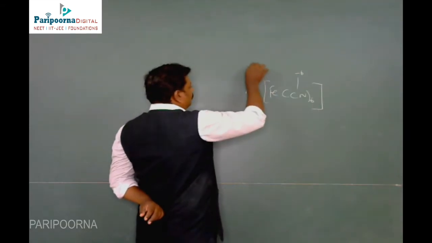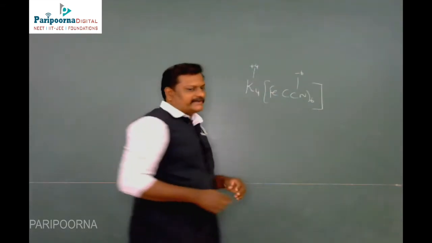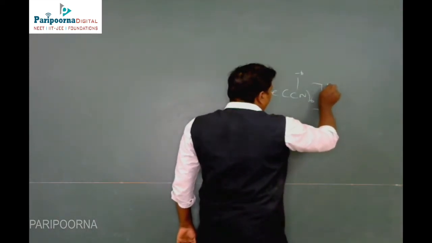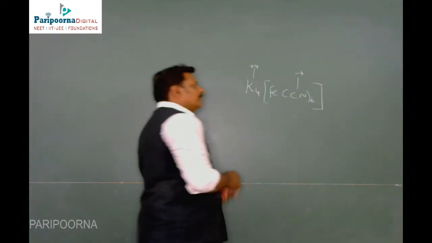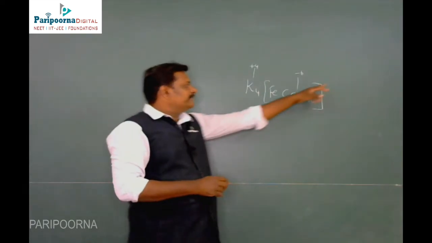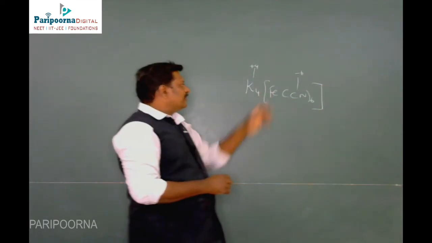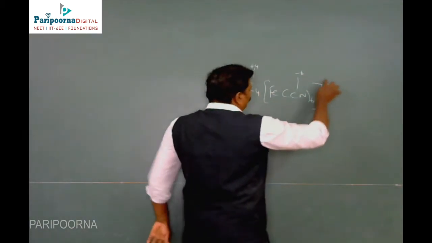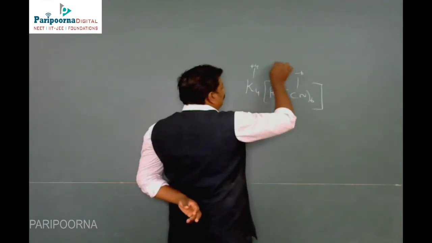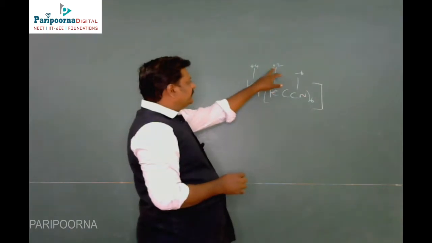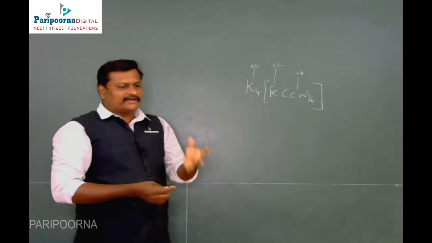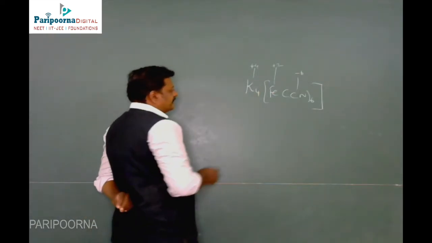Here there will be a +4. So the sum of oxidation states becomes 0. Here there are no positive or negative signs on the complex, so you can equate with 0. Sometimes there is a plus or minus charge, and at that time you equate with the corresponding charge. Here there is no charge, so the sum of oxidation states becomes 0. That's why I am putting +2 here. So +4 plus 2 becomes +6, and +6 minus 6 becomes 0. So you will get the right answer. Now the oxidation state of iron is +2.